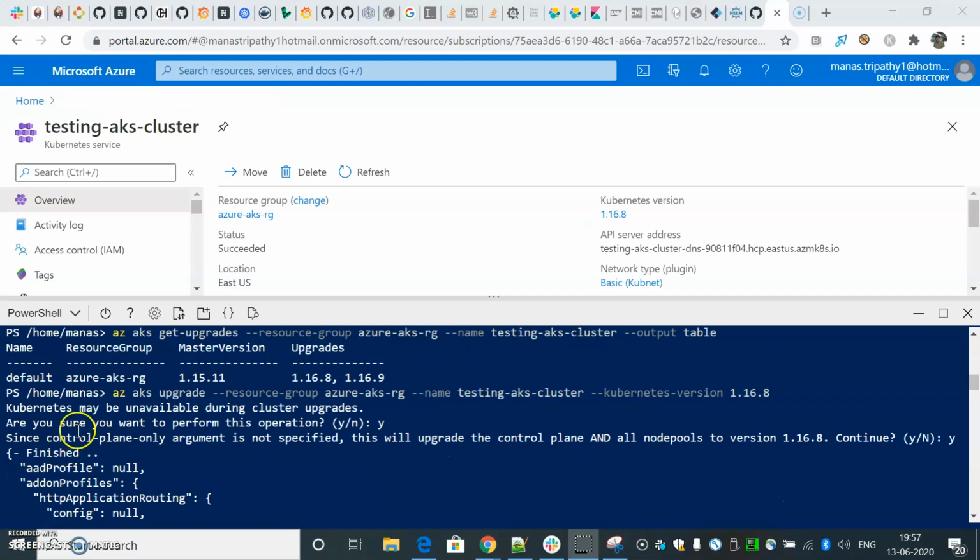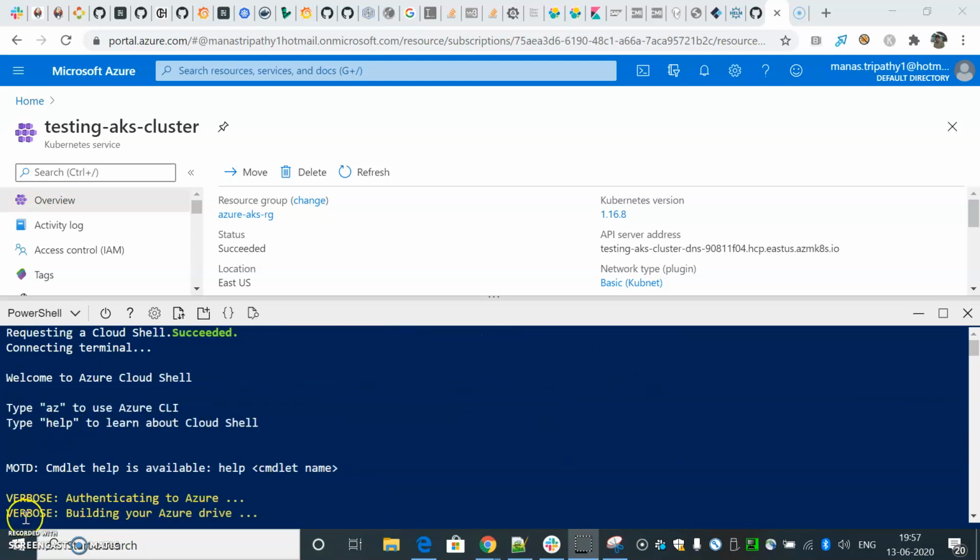You can see that the operation is finished, and we can go ahead and see whether all the nodes have been updated or not. We'll verify that, and our upgrade will be done. So let's go there.